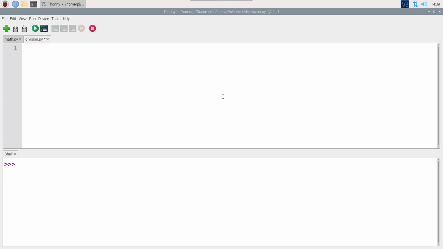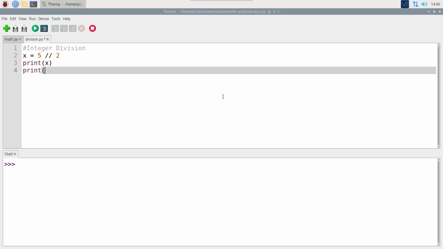Okay, I'm here in Thonny, and let's do a little bit of division here. Let's start off with a comment, of course, integer division. And see if I can spell it right. Yep, there it is. And let's do x equals 5 divided by 2. And let's print out x. And let's also print the type for x, just so I can validate that I'm actually dealing with an int